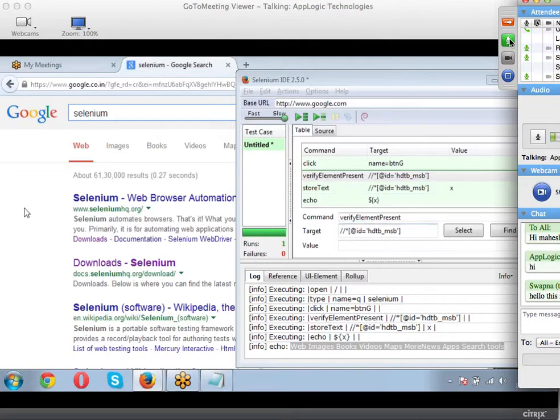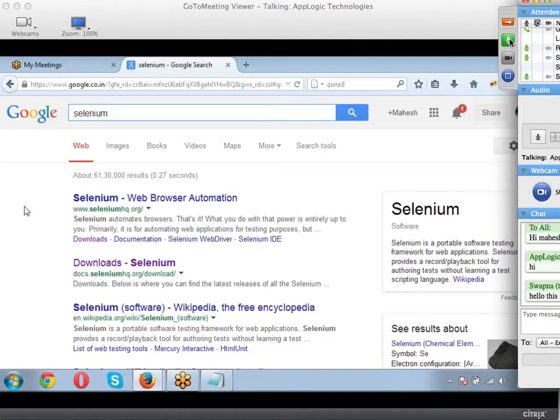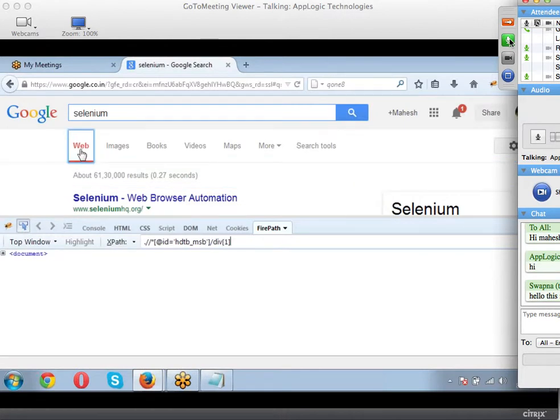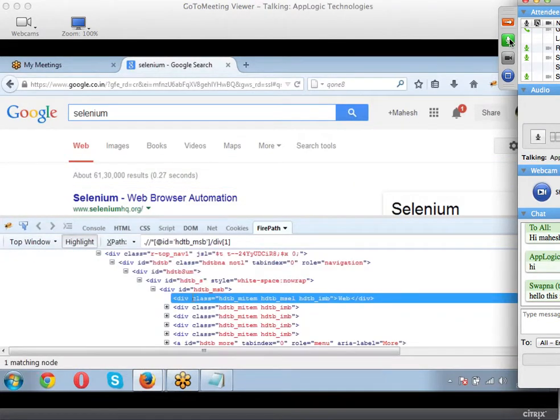No, see, the reason I took links here is, if I select independent ones, here you don't see any property like name or ID, because links are normal links. Links will not have any properties like ID or name.